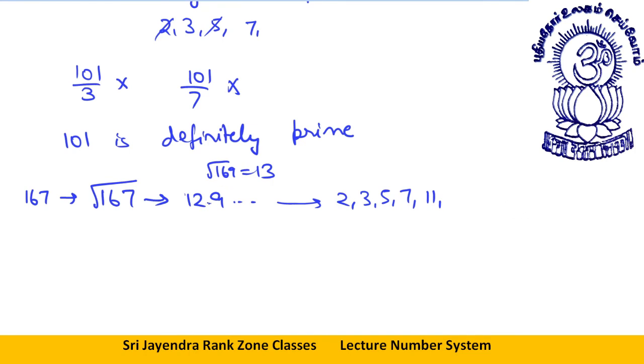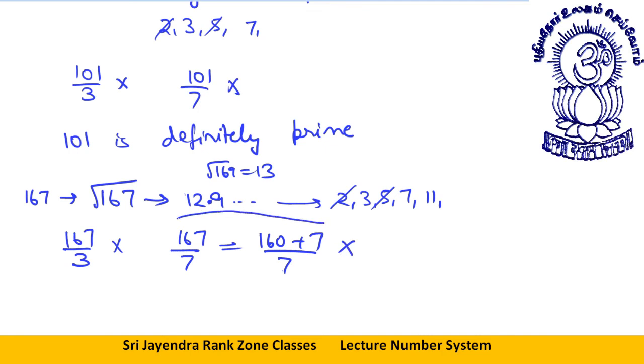Let's divide by, I told you 2 and 5 you don't need to divide. Let's divide by 3, 7, 11. What will happen is 167 divided by 3, not divisible. 1 plus 6, 7, 7 plus 7, 14, not divisible. Okay, it is not divisible. Then 7, again not divisible. If you write this number as 160 and 7, you know 7 is divisible by 7, but 160 is not divisible by 7, so this is not divisible by 7.